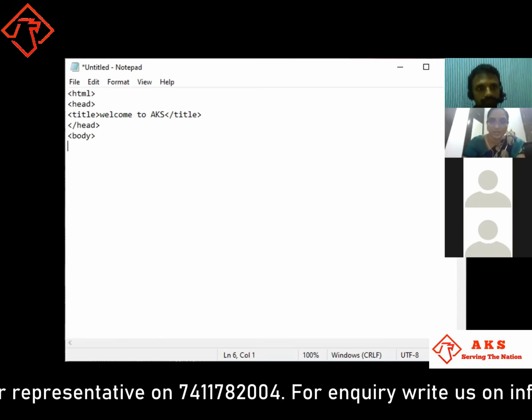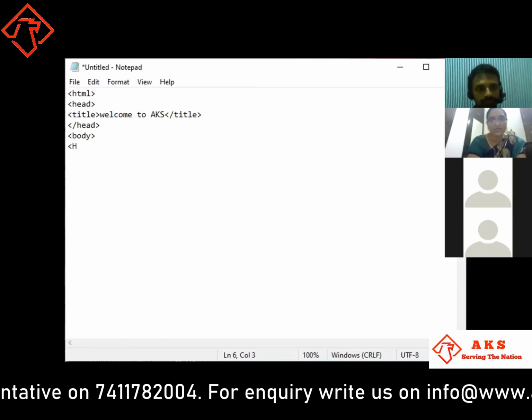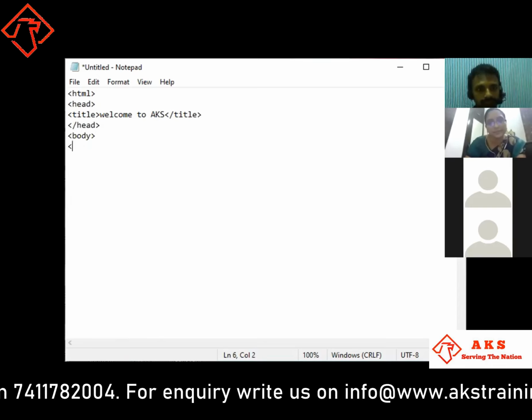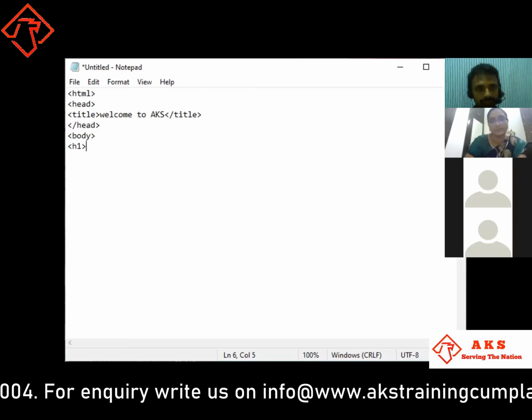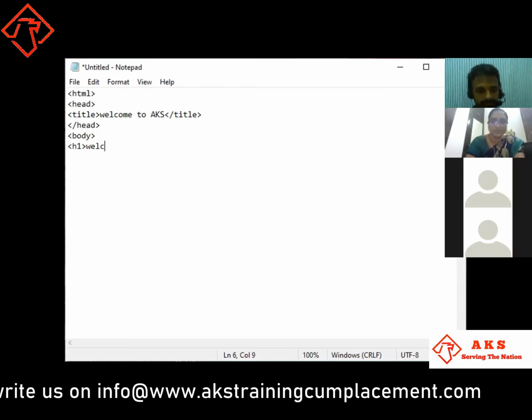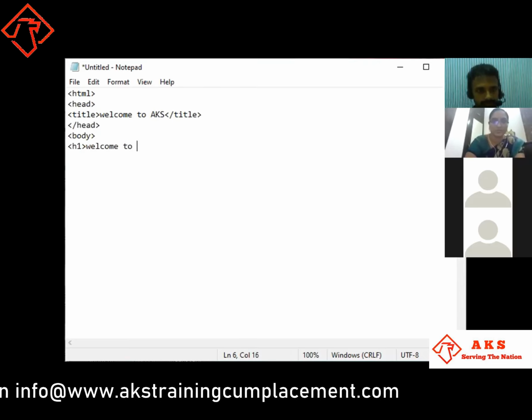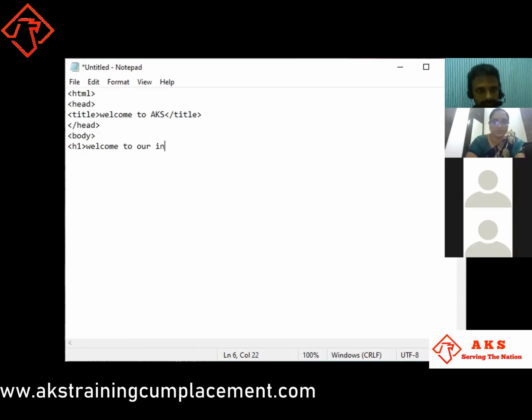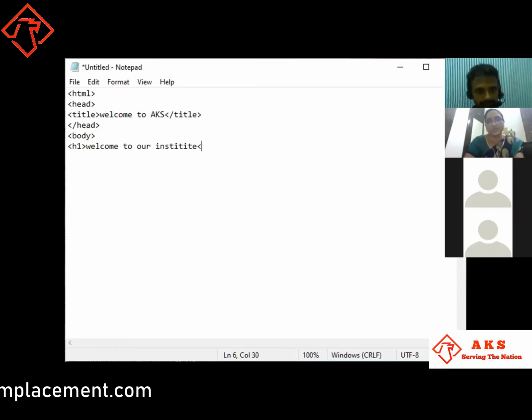In the body tag, we can write headings like H1. We use the H1 heading tag as Welcome to. Okay, /H1. We are closing the tag using a slash. Here we can write anything.